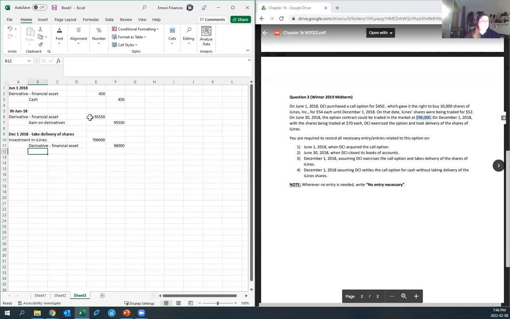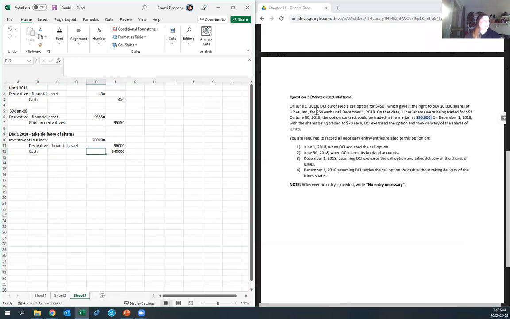They're going to pay 10,000 shares times the strike price of $54. So that's what I'm going to put here. So this is 10,000 shares times $70, so the market price. And here is 10,000 shares times $54, the strike price. And the difference between the two,